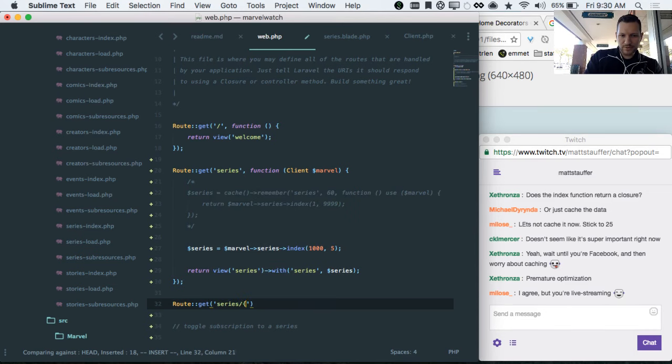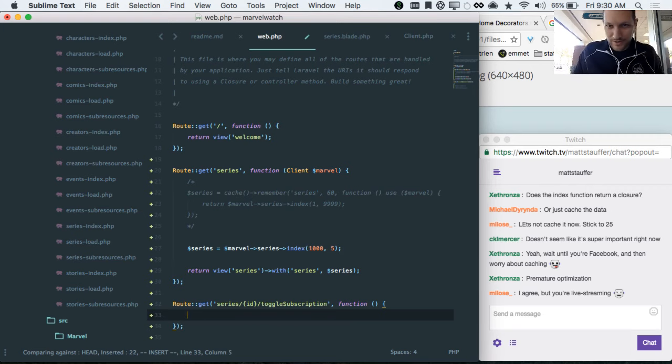So it's just going to be series ID toggle subscription. This is not how we're going to do it in the end. We'll build that functionality, and then we're going to go back and do it the right way, which is not normally how I do it. I stop and think, and I think what it really is going to end up being is creating and deleting a subscription, because watch is not a good name for a noun. You're not creating a watch. You're creating something that watches things, and I don't know what that is, and the best way I could come up with is subscription. So we're probably going to be basically creating